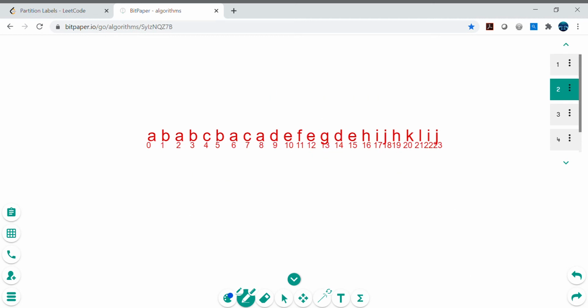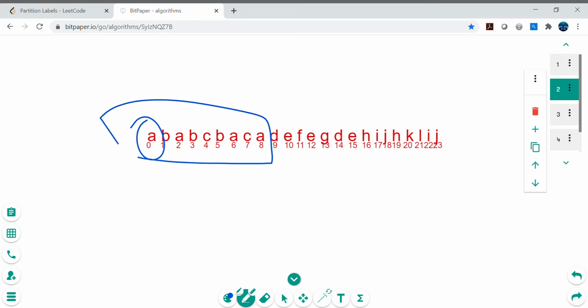So I hope this is clear how we are determining this. We are just finding one character and saying, okay, this is still this partition, and we are finding other characters as well, right? This should be in the same partition only, right? They should not be in a different partition. If they are in a different partition, then we need to extend this partition till that character. So I hope this is clear.